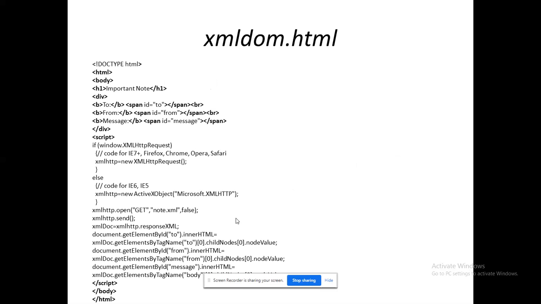See in the code that you could see getElementsByTagName. I have mentioned the tag, right? So it is ready to retrieve my corresponding value using that ID. So I could get the data very easily. For that I have my ActiveX object, Microsoft.XMLHTTP. Otherwise I could use the corresponding XMLHttpRequest method itself.